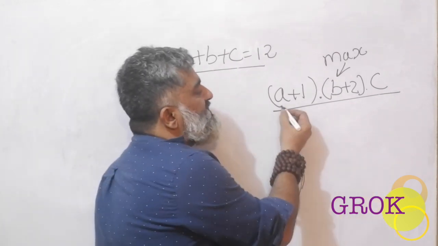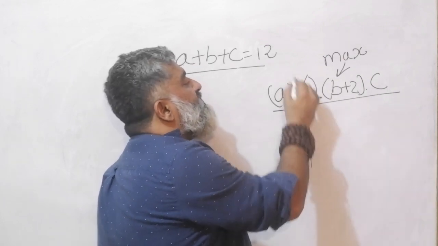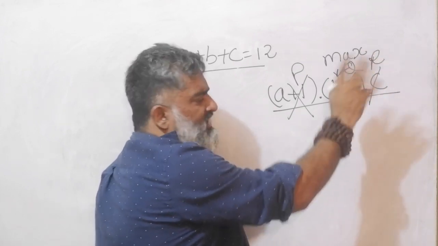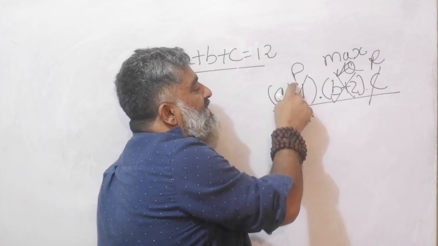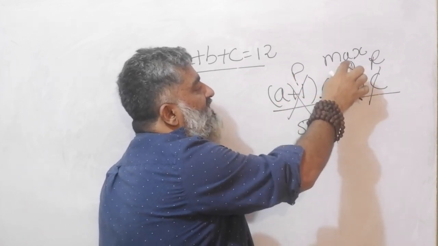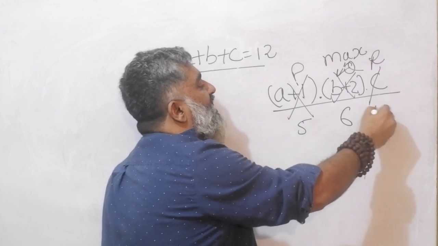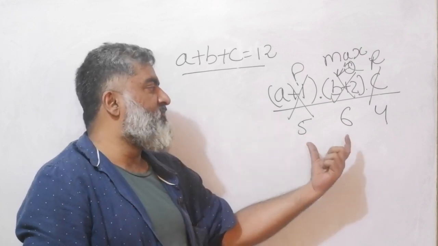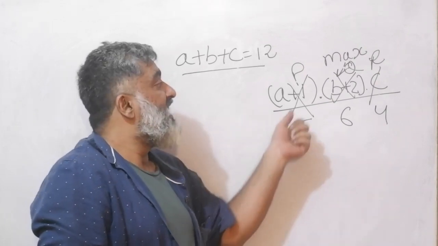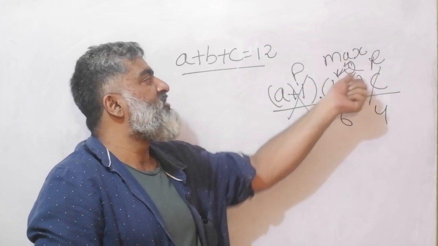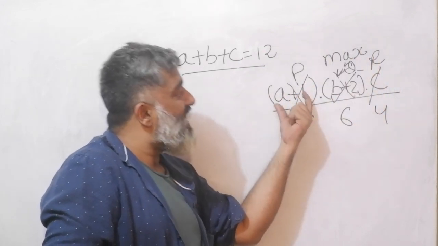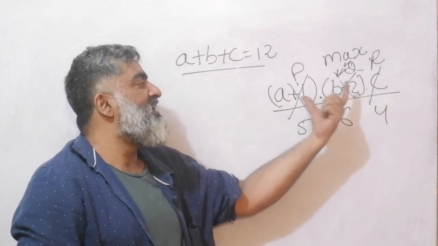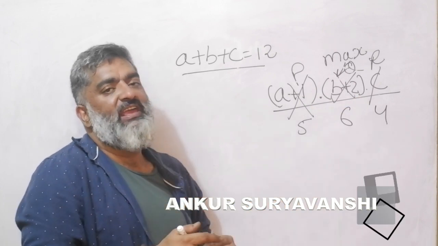Why? Simply because if you look at the story, call this variable P, call this variable Q, and call this variable R, or let it be C only. Now if I look at the value of P, I'm getting it as 5. The value of Q, I'm getting as 6. And the value of R, I'm getting as 4. What did I learn? I'm just trying to point out the error in a conversational form. What did we learn in the previous story? That the variables should be equal to each other if I'm thinking of the max. That means my variables are A plus 1 and B plus 2 and C, and not just A, B and C. So I should frame my story accordingly, which is the same kind of game we played in AM-GM.